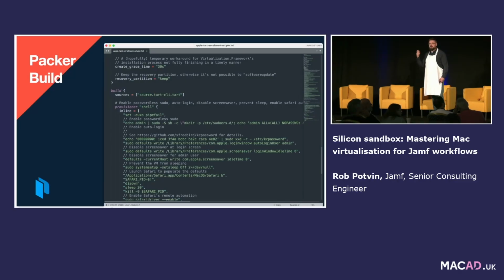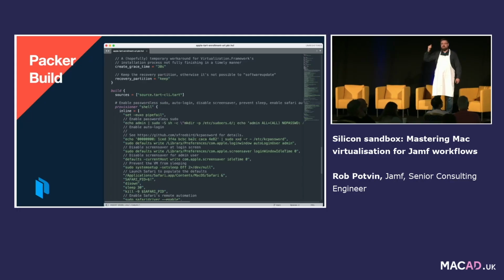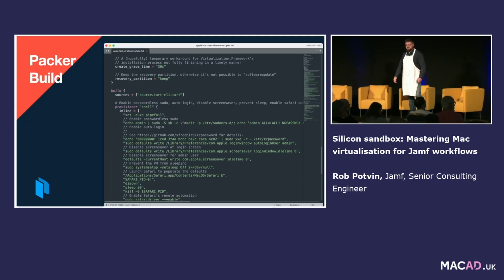So looking further, there's some more stuff down below. Well, we already have admin as the username and password for this. This is basically what developers really like. If this is a disposable VM we're not going to use in production, right? This is a testing workflow. I just want frictionless. So I don't have to go sudo and enter a password. I'll just go sudo command, and it gets done if I'm doing something in a VM. So these are all these little extra bits here. You can break it down, again, out of scope of this presentation, but you can dive further within the Packer file and see what it actually does.